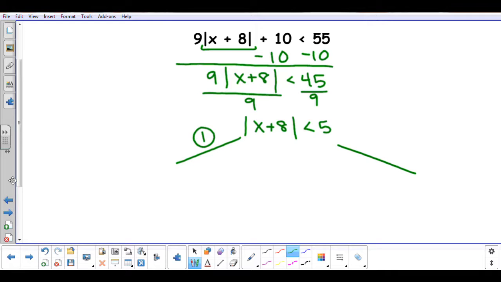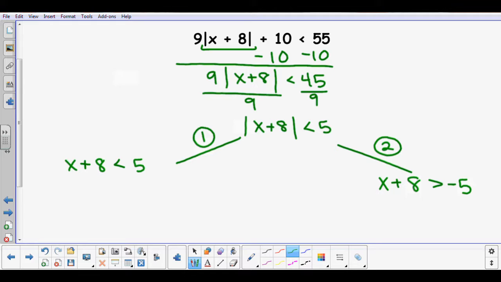The first problem is exactly what we see above, just without the absolute value bracket. So x plus 8 is less than 5. Now when we do the opposite, not only are we going to make the 5 negative, but I need to flip the inequality sign. So I'm going to have x plus 8 is greater than negative 5. The reason we flip the sign is because anytime we multiply or divide by a negative number with an inequality,